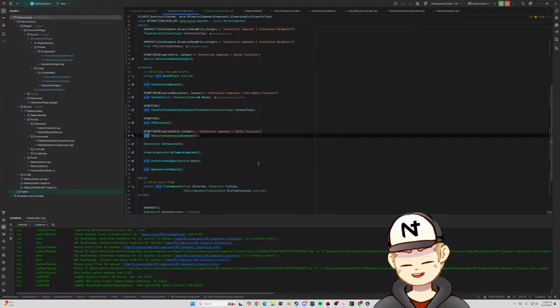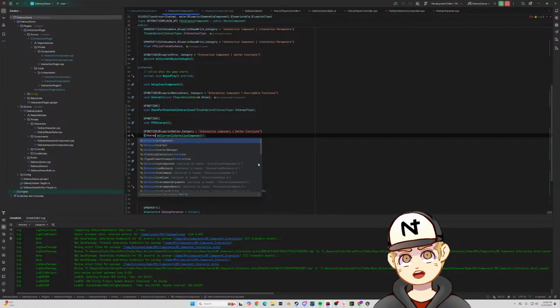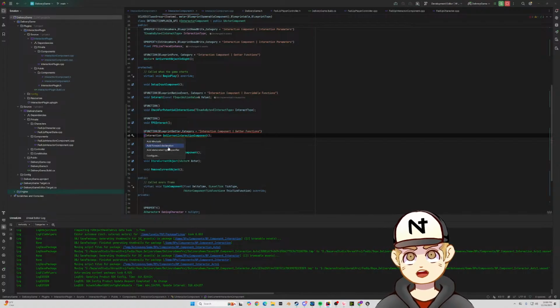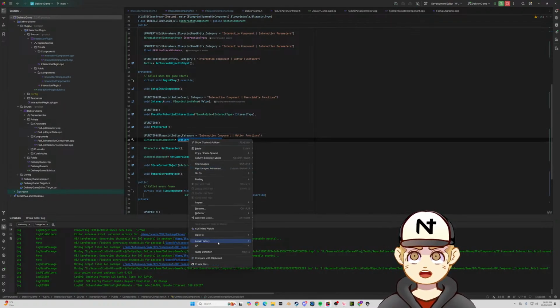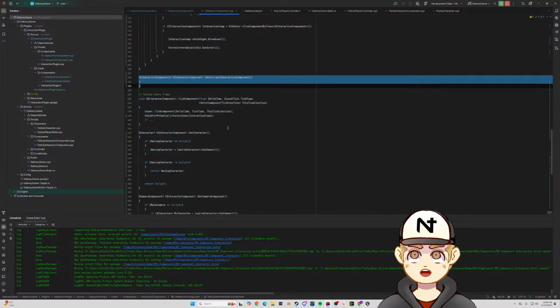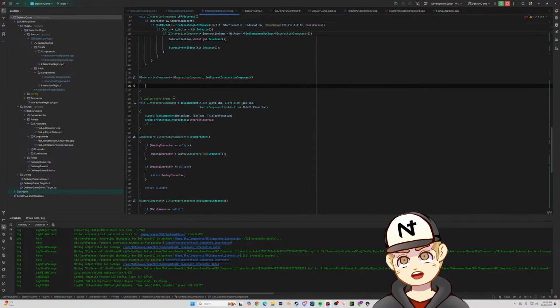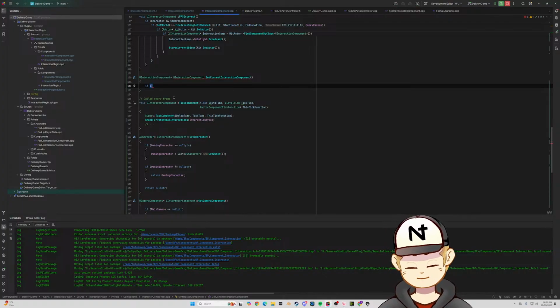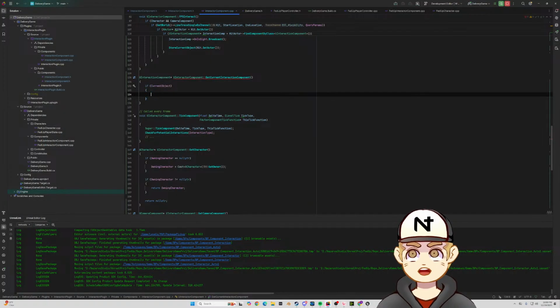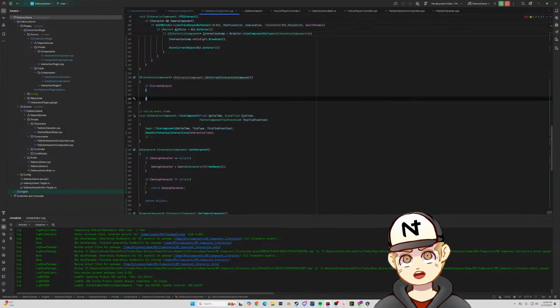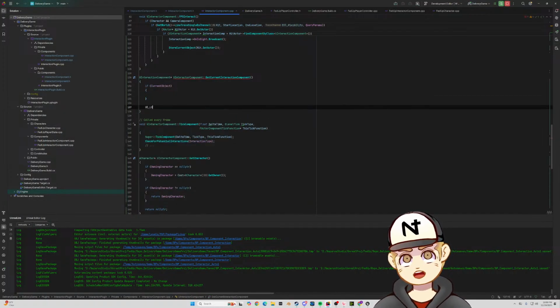I thought I made that UInteractionComponent declaration. We want to generate the code definitions. We're just going to say if current object, then we're going to GUI log temp